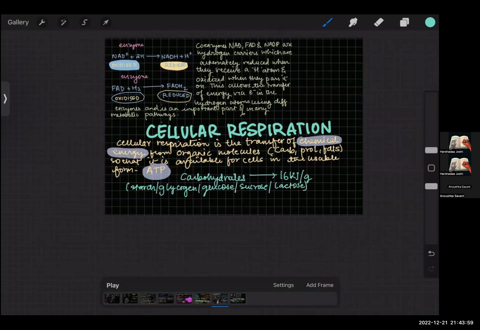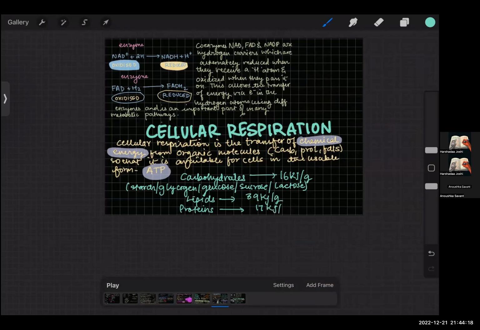Okay, if you break down lipids, lipids will give you 39 kilojoules per gram of energy. If you break down proteins, proteins will give you